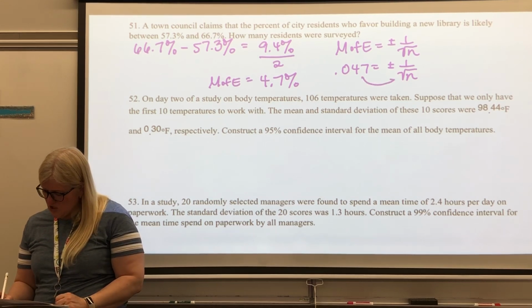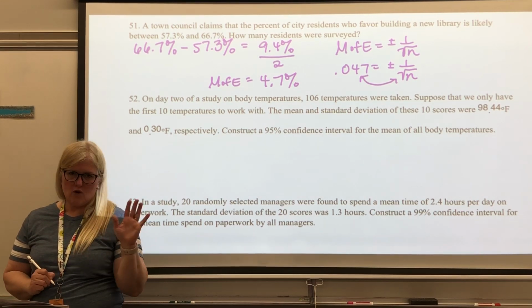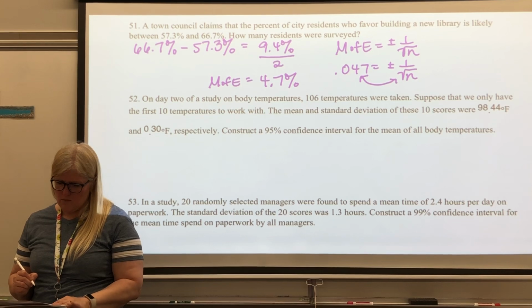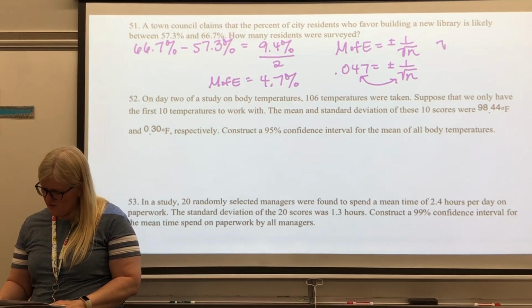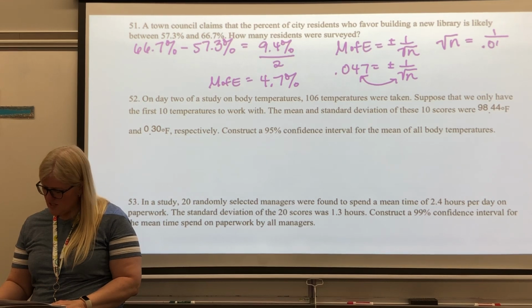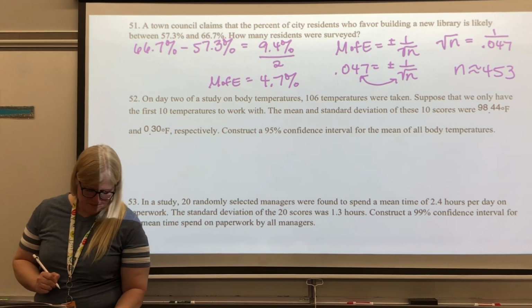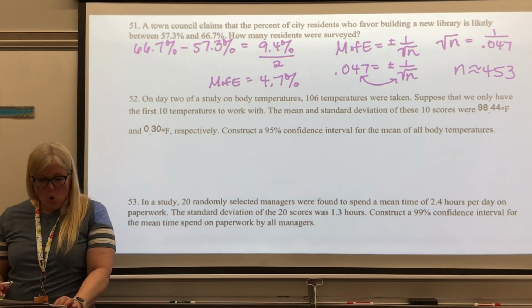And I can switch these two. If you want to know why, you can come talk to me and I'll tell you. And we end up with the square root of n equals 1 over 0.047. So n is approximately 453 people. Okay,